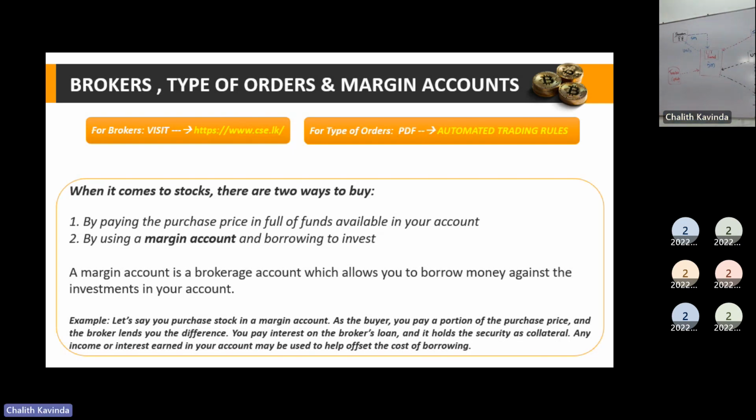Now, if I ask you a smaller question, how can you buy a share in a company? Just by filling the application or opening an online account. You can buy the share of a particular company by using your own money. Am I correct? What could be the other aspects? If you are not using your own money, then the other option is to borrow.